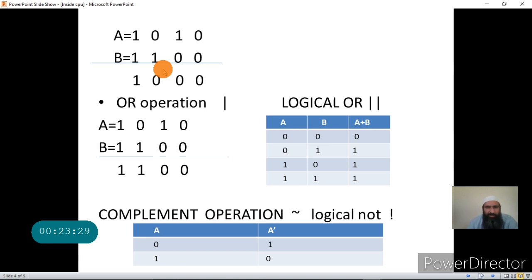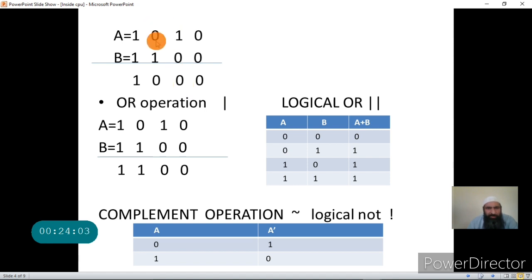The method is the same: you perform the AND between the corresponding bit of A and the corresponding bit of B. If this is the bit A0 of A and this is the bit B0 of B, both of them are 0, so AND will produce a result of 0. Now the next bit is A1 and I AND it with the bit B1 of B. The result is again 0 because B1 is 0.